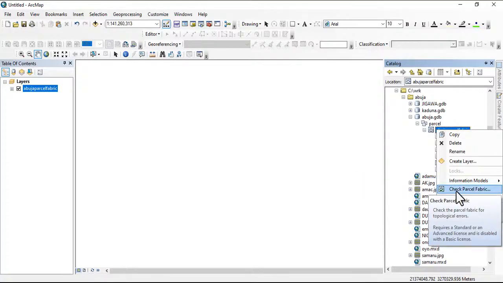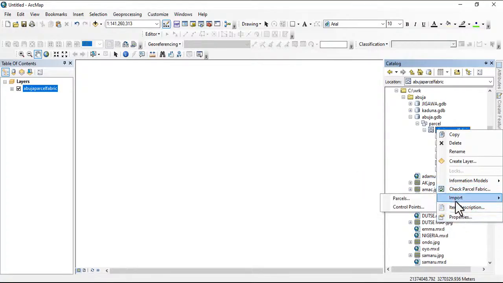All right, so basically this is how you create parcel fabrics on ArcGIS desktop. So before we go further to say more on what this parcel fabric addresses, we will also recreate this